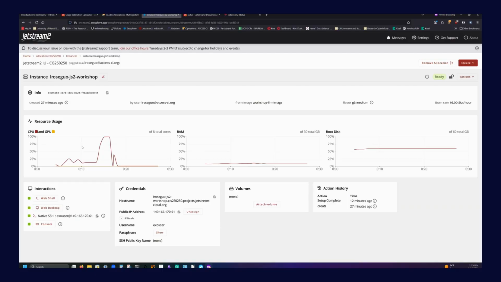Before we go into setting up the chat interface, just one thing I want to point out is that this host name is essentially, by default at least, where you would connect to the instance. Here's your public IP address. So now